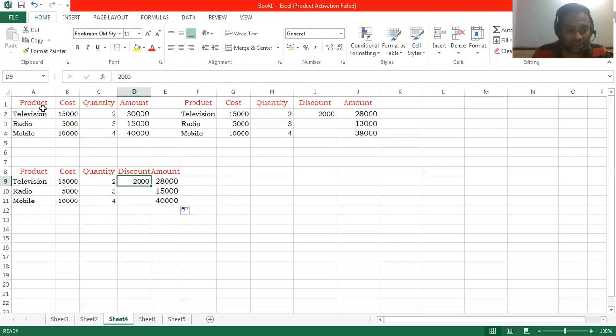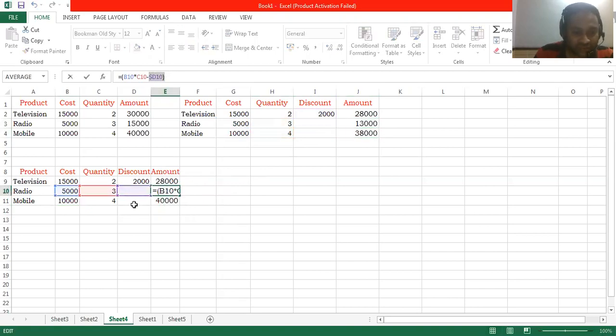So here we covered relative referencing, absolute referencing and mixed referencing. Here is the difference between absolute referencing and mixed referencing: in absolute referencing this cell address is automatically copied in all the cells. Here also you can see, but in this it just copies the next cell. Hope you understood the difference between absolute referencing and mixed referencing.